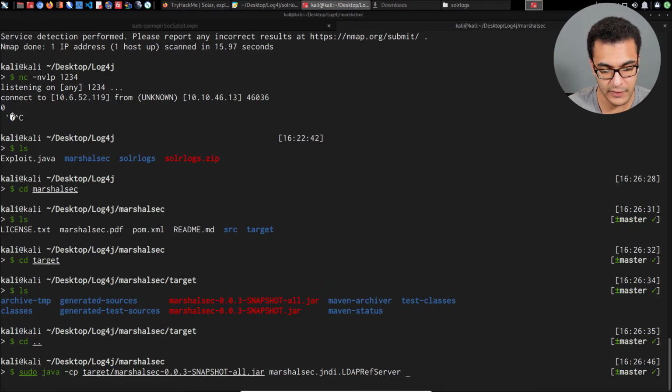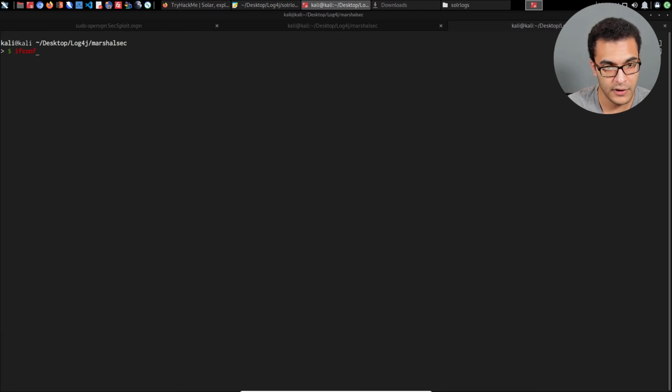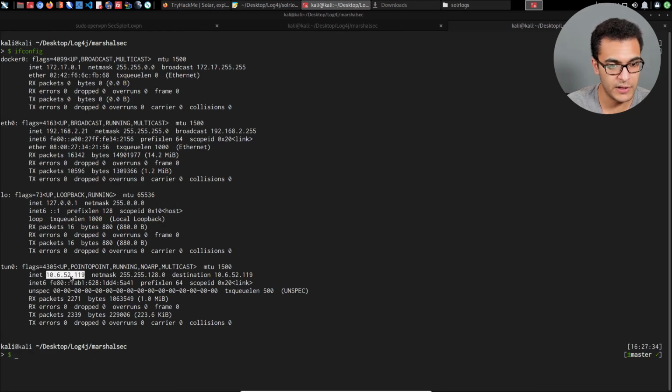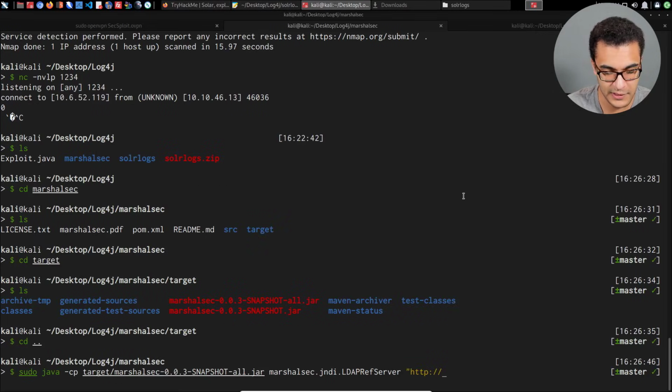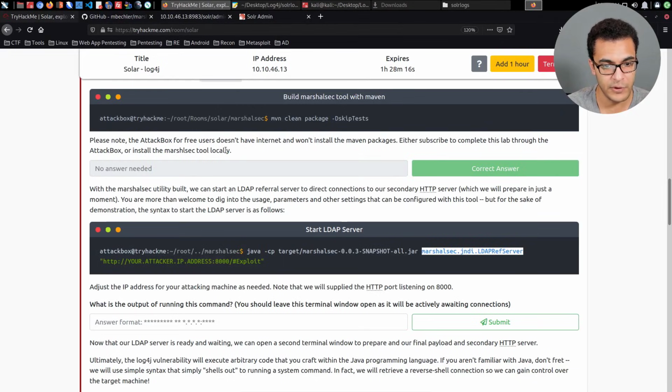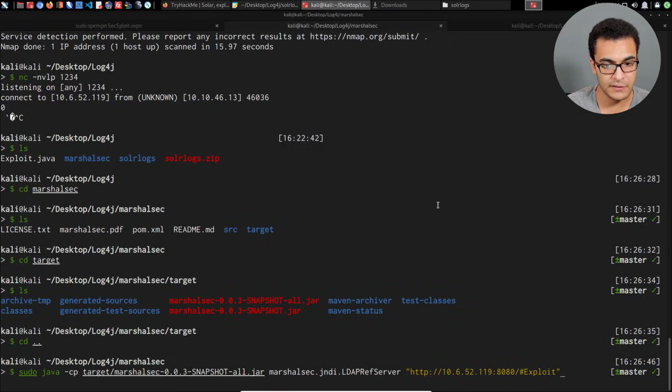And then we need to specify the address of the web server that will be hosting the malicious Java exploit class, which in this case is going to be hosted on our IP address. So ifconfig, let me make sure that I'm getting that correct here because I don't want to repeat this process again. There we are, and we'll host our web server on port 8080, right? And the actual name of the resource that we want to download is just going to be called exploit. It'll automatically instantiate the class file, so we don't need to specify the extension there. If we take a look at the syntax here, it looks like we have everything ready to go. So I'll just hit enter,